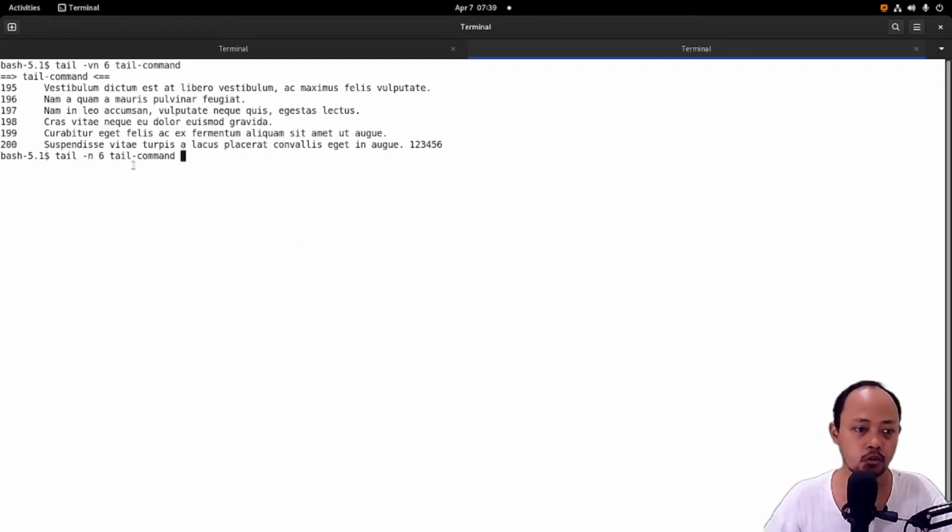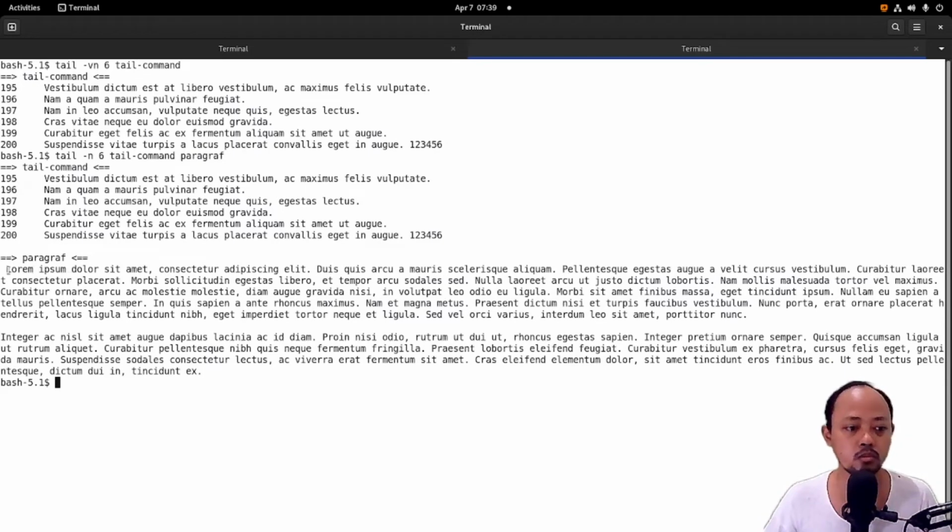The first file is list and the second file is paragraph. What will happen with the paragraph? How to count this paragraph? I input 6. 1, 2, 3, 4, 5, 6. I don't know how.